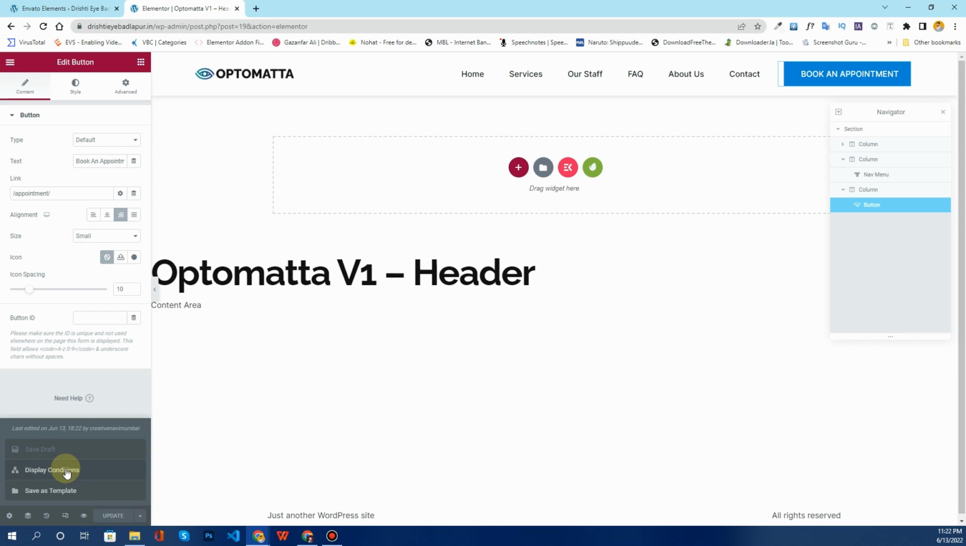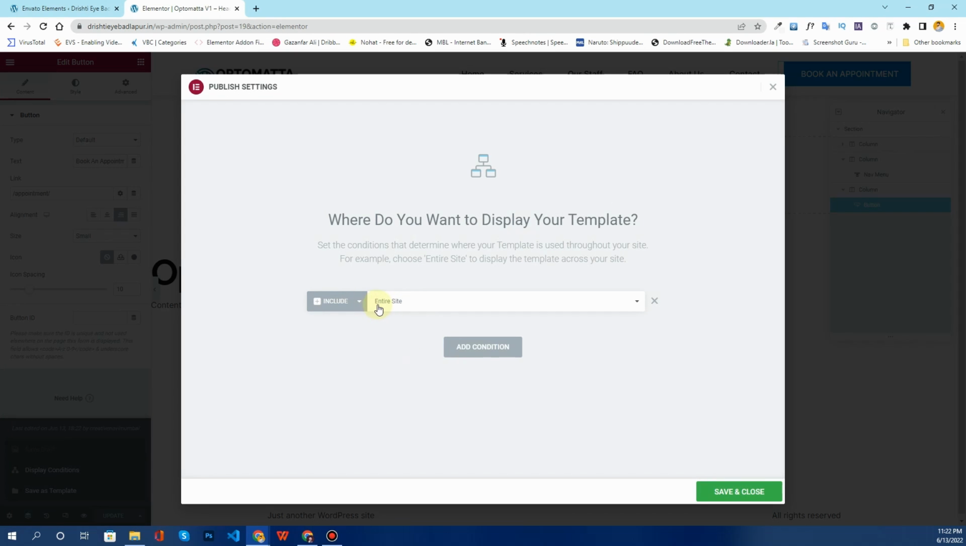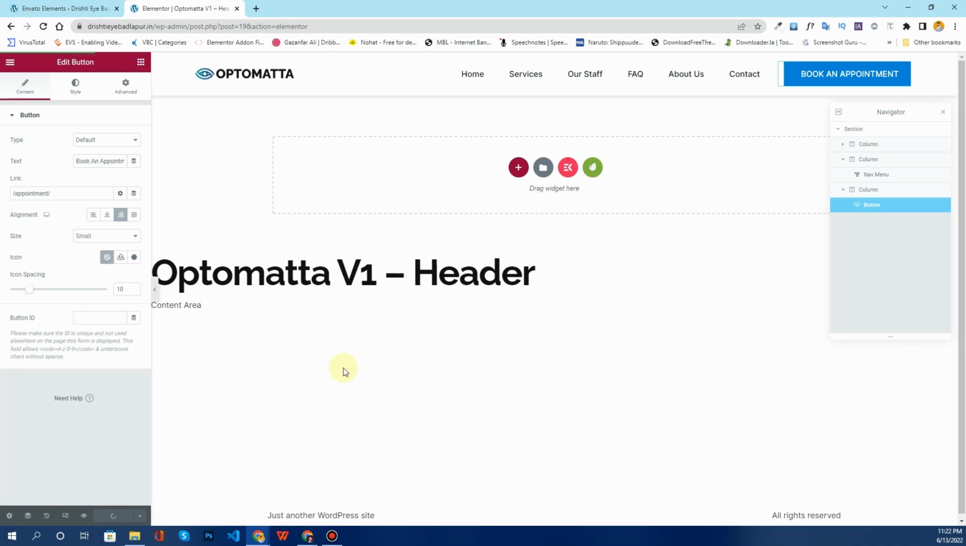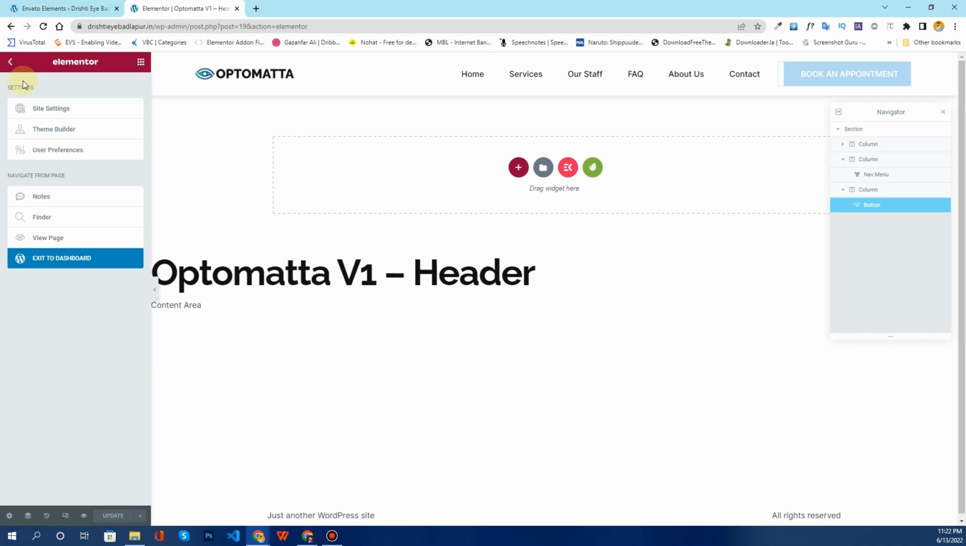In case it will not ask, simply click on this small arrow and then click on this display conditions and then make sure it is on entire site and then click on save and close. Once that is done, we'll exit to the dashboard